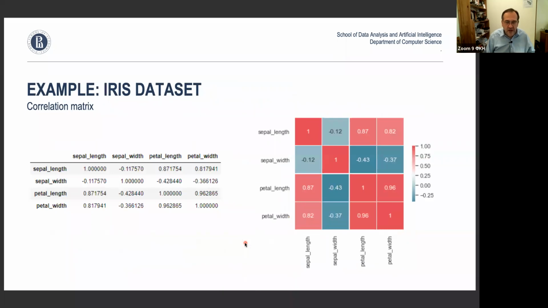So here's an example for the iris data set. I took that data and calculated the correlation matrix for it, and I plotted it on the right, color coded from 1 to -1. And you notice, for example, that petal length is highly correlated with petal width. The coefficient is 0.96, which means this one increasing, that one increasing. But petal length is anti-correlated with the sepal width.